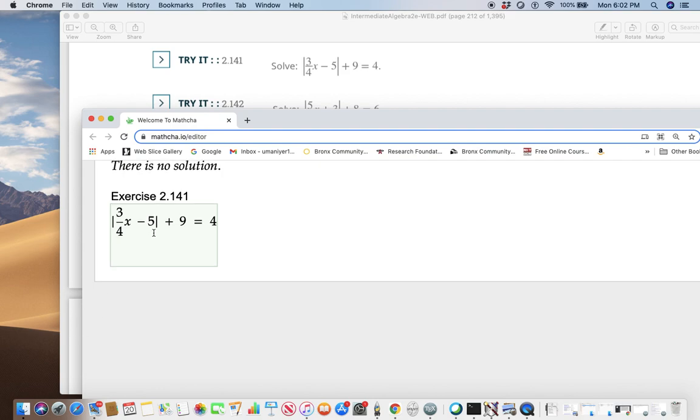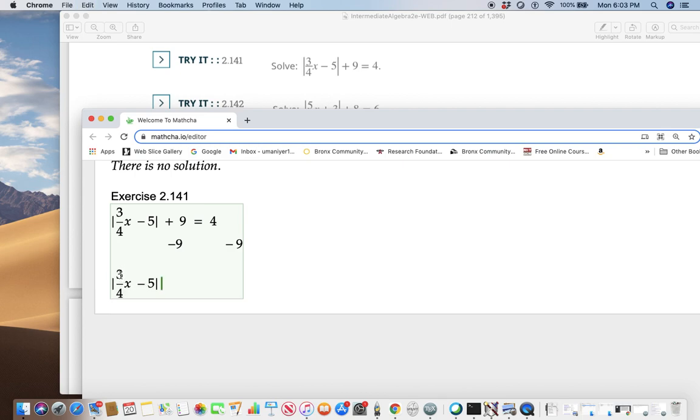Well, again, we want to solve for x, so we want to isolate the absolute value. In other words, you want to subtract 9 from both sides. Plus 9 cancels minus 9, so I'm left with absolute value of the expression 3/4 x minus 5 equals